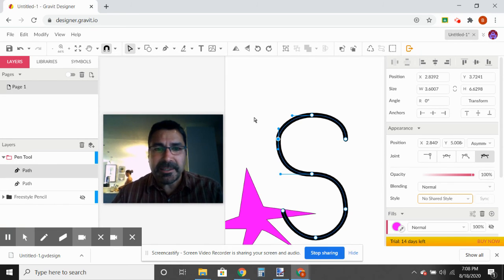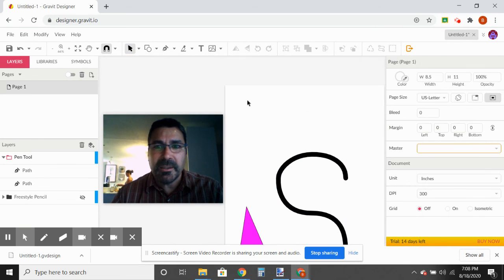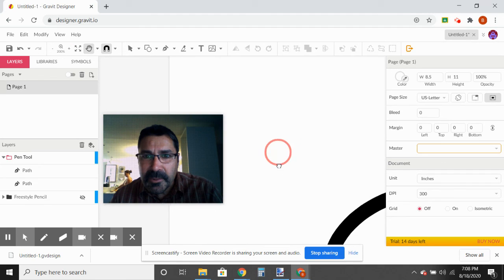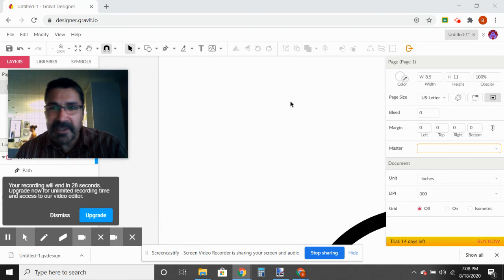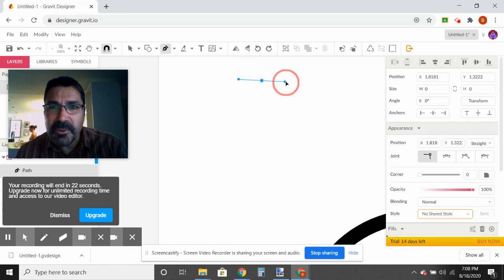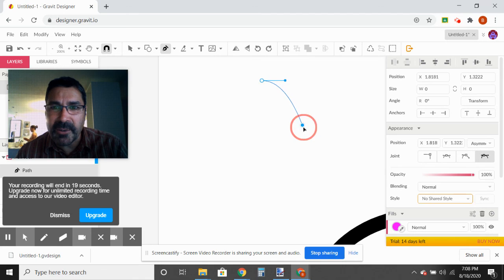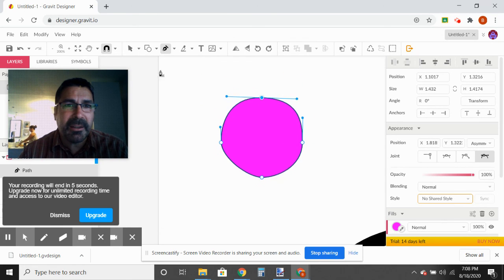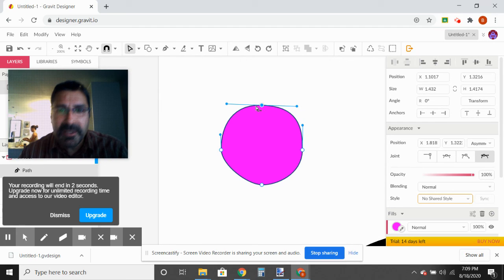Okay, so the next thing I want you to do is to try to draw a perfect circle. So we're going to click off of this thing, and we're going to come up here. I'll zoom in a little bit so we can do it. Move my face out of the way. All right, so we're going to try to draw a perfect circle. So you're going to click and you're going to drag. You want to go pretty well straight. Click and drag. Click and drag. Click and drag. Click and drag. And then the key to this one is going to be to come back and edit it. So you're going to have to go to the sub select tool, and you're going to